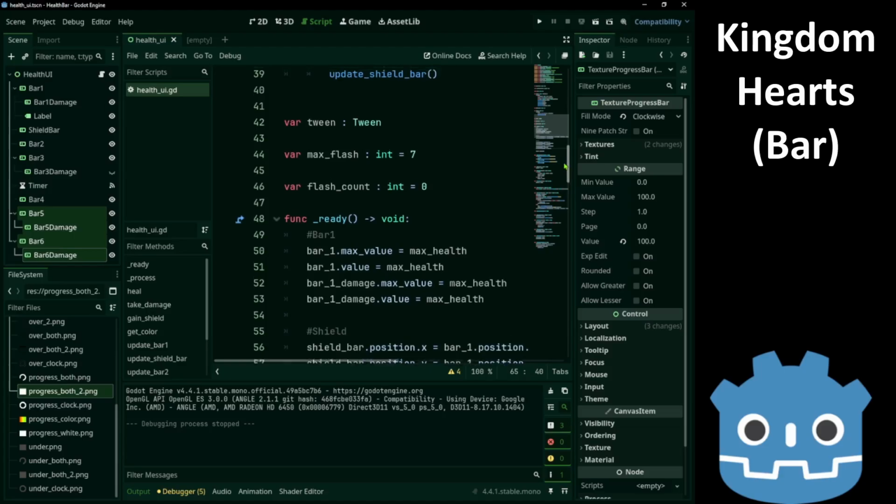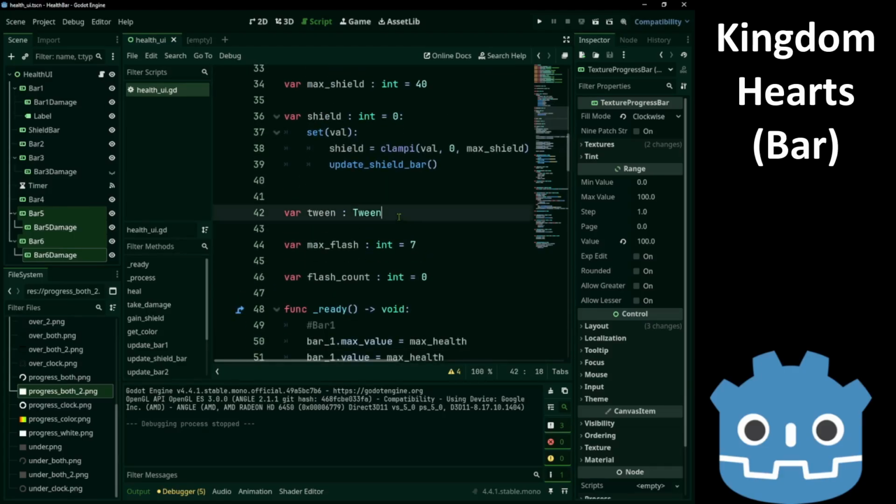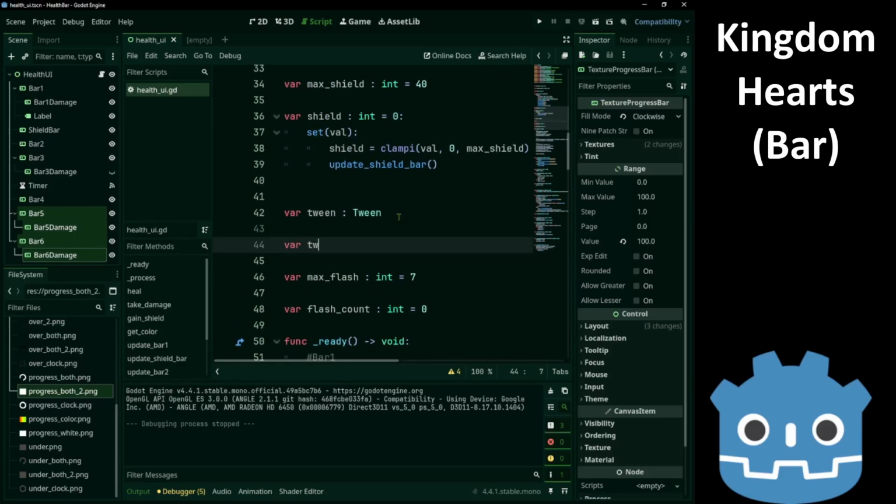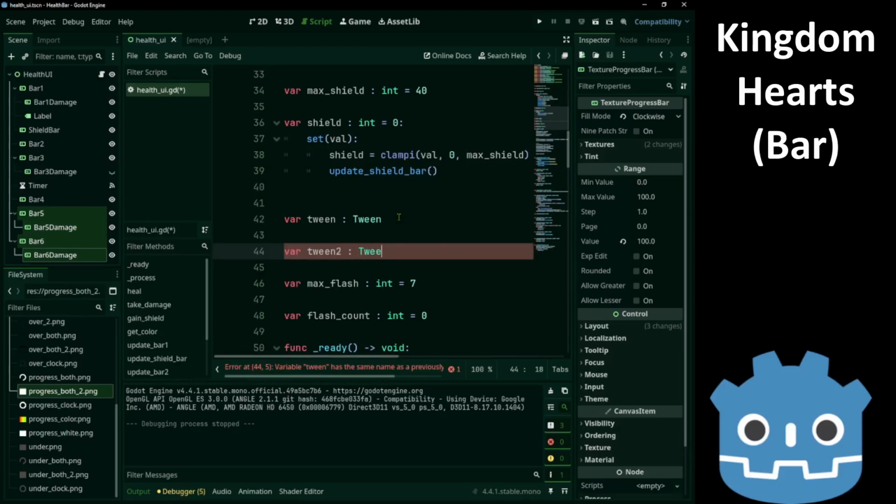Now, let's add the damage indicators. We'll use another twin.